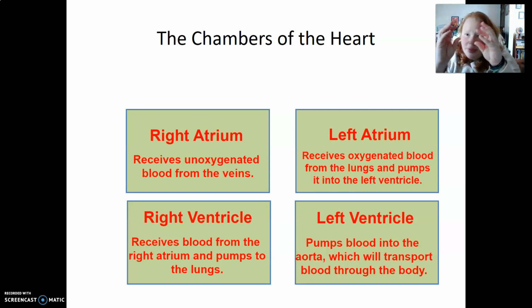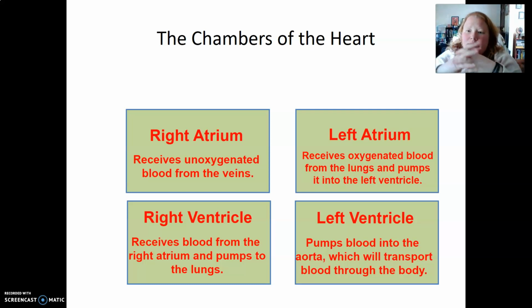That right atrium will contract, and when it contracts, it pushes that blood into the right ventricle. Okay, so right ventricle opens, fills with this deoxygenated blood. And that right ventricle will then contract or squeeze, and it squeezes into your